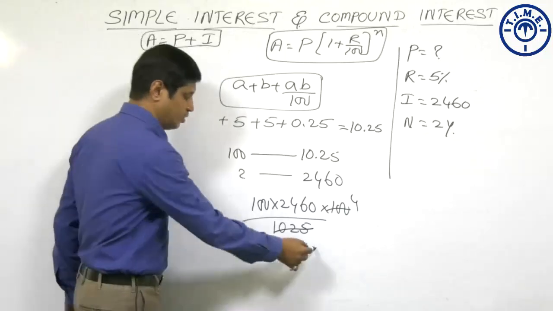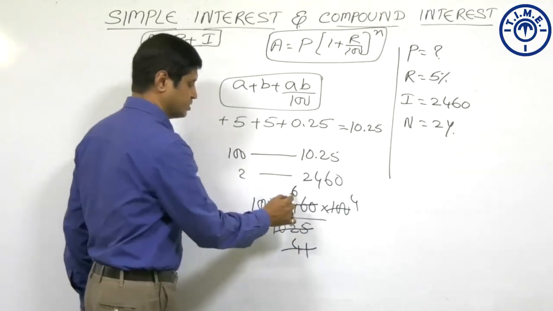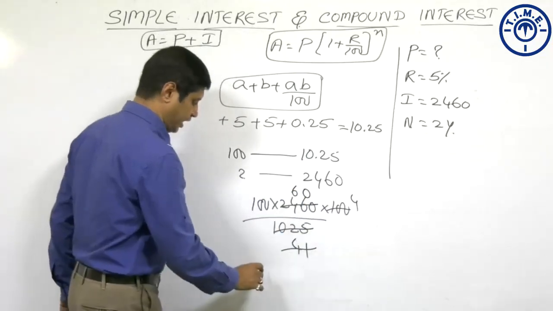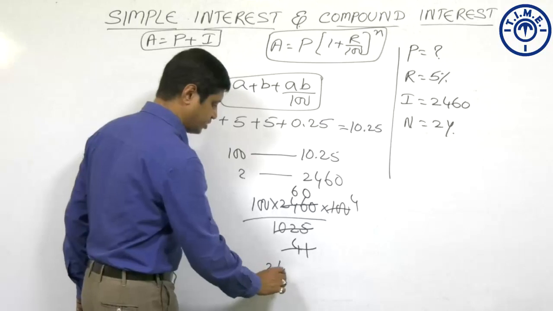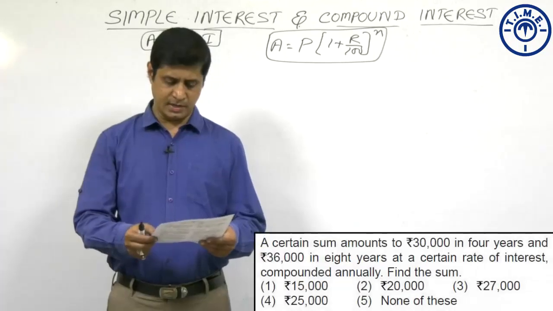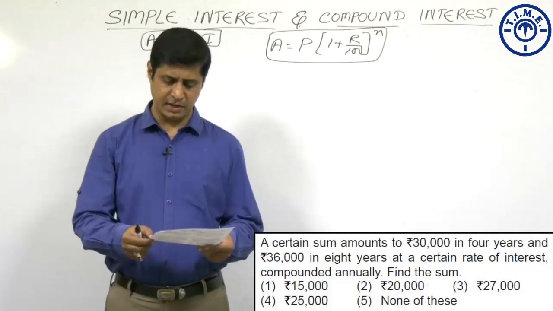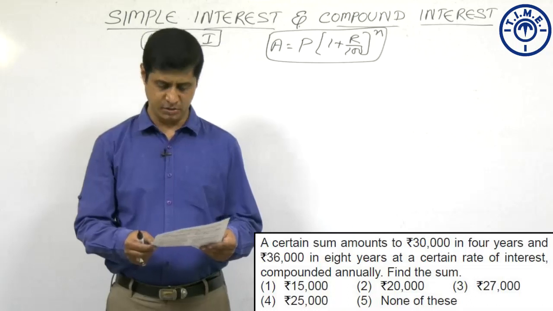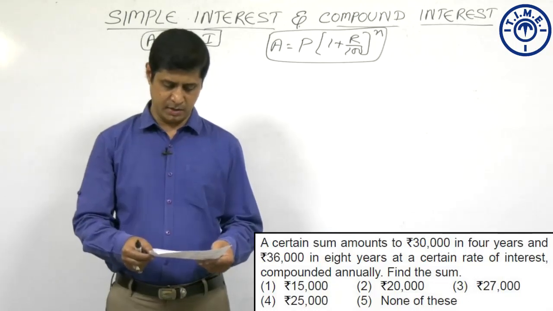So, what is the cancellation? 41 exactly goes 60 times. 4 into 6 is 24, and there are 3 zeros. The result is 24,000 rupees. A certain sum amounts to rupees 30,000 in 4 years and rupees 36,000 in 8 years at a